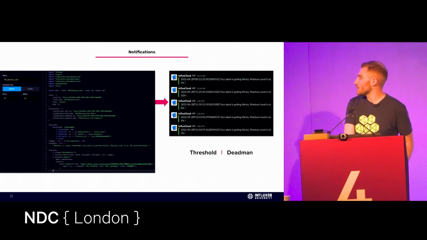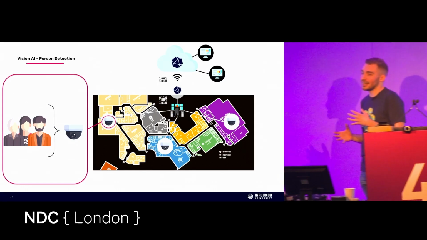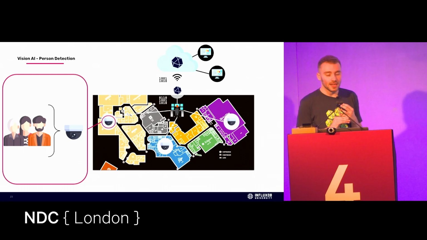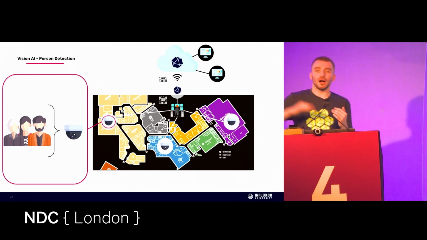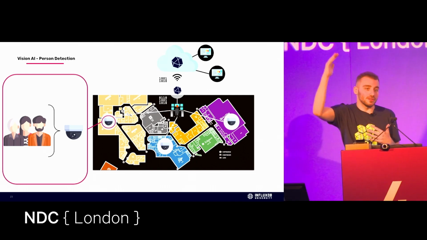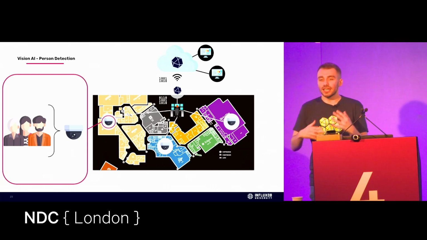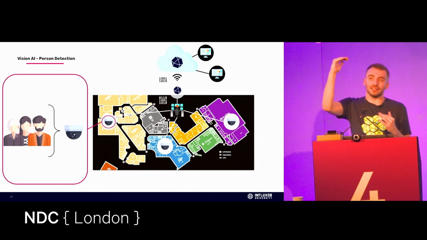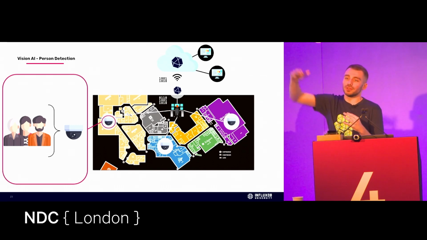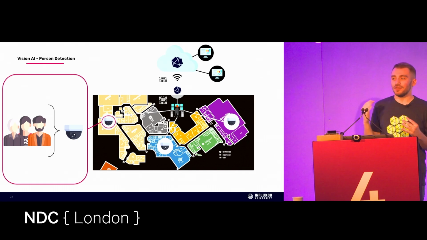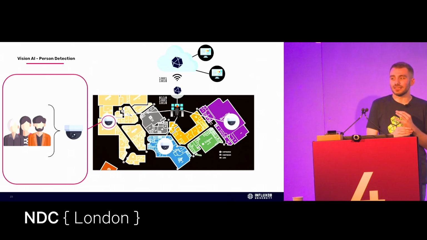So just on that note, we actually have two types of checking that you can do. We have threshold checking, and we have dead man's checking. Threshold checking is exactly as it is on the tin. If it goes up over a certain level for a certain period of time, or goes down below the level for a certain period of time, that's threshold checking. You can get from basic to quite detailed with that within Flux code. So you could either do it the moment it hits a threshold, or you could say, actually, I want to know if it stays constant for a certain amount of time, then alert me. That's the power of time series data.